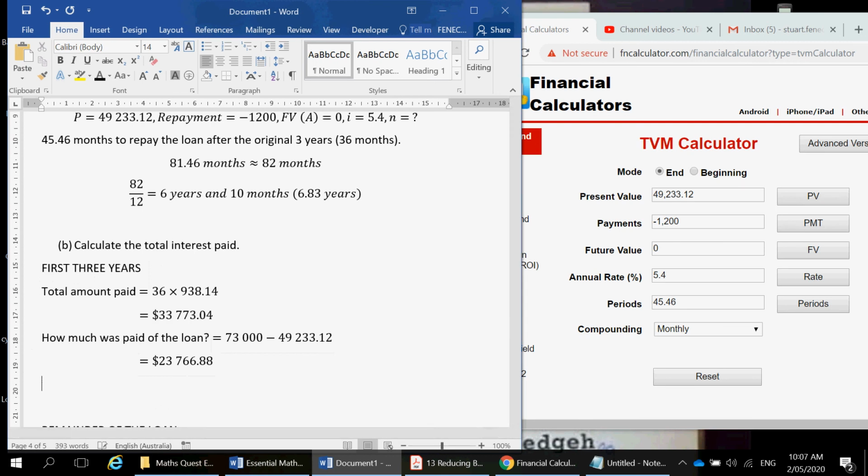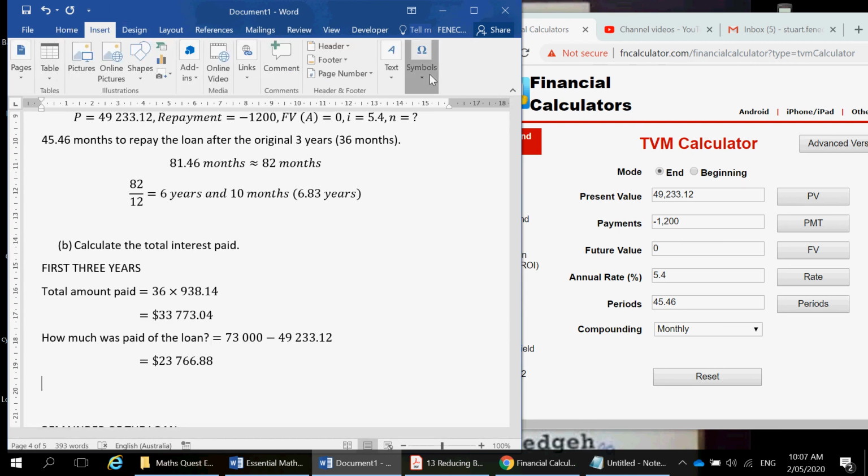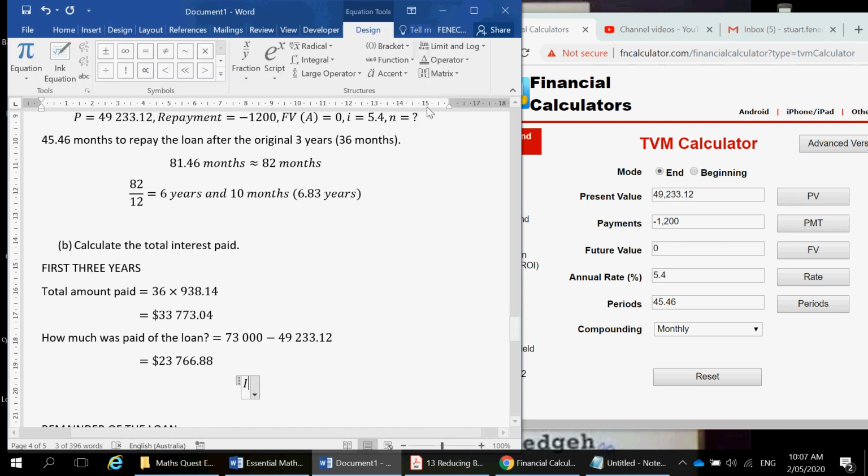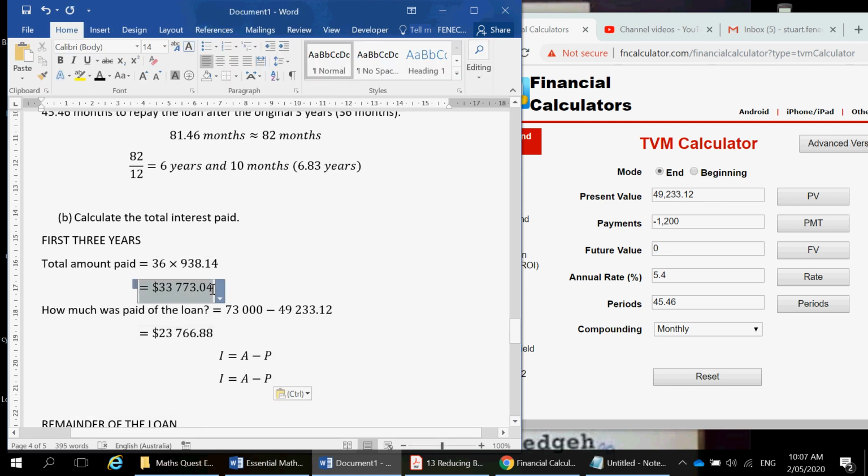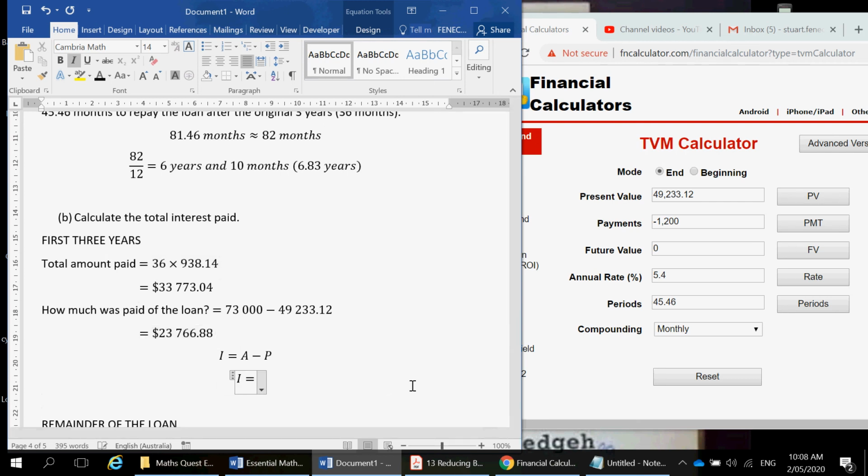If you remember the principle that we had earlier in our lessons, you can work out the interest as being the amount you've actually paid, take away the principal. It's essentially the difference between these two values that is going to be the amount of interest, right? You paid that amount, but you only removed that off the loan. It's about $10,000 that she's paid in interest. So 33,773 and 4 cents,